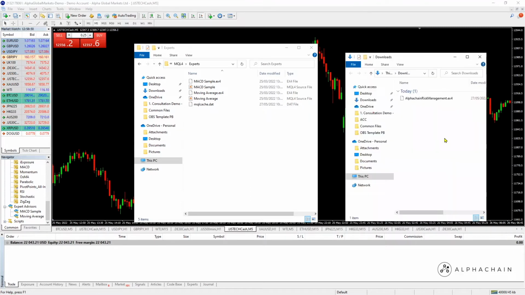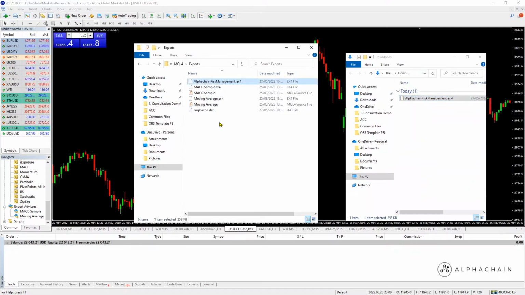Okay, here we are. So you can copy and paste here. You can do it that way, or you can just drag and drop. Or you may find that as Mac users, you may need to move this to your desktop, and then from your desktop, paste it into the folder. It depends on how you want to go about it, but that's the approach. So drag and drop